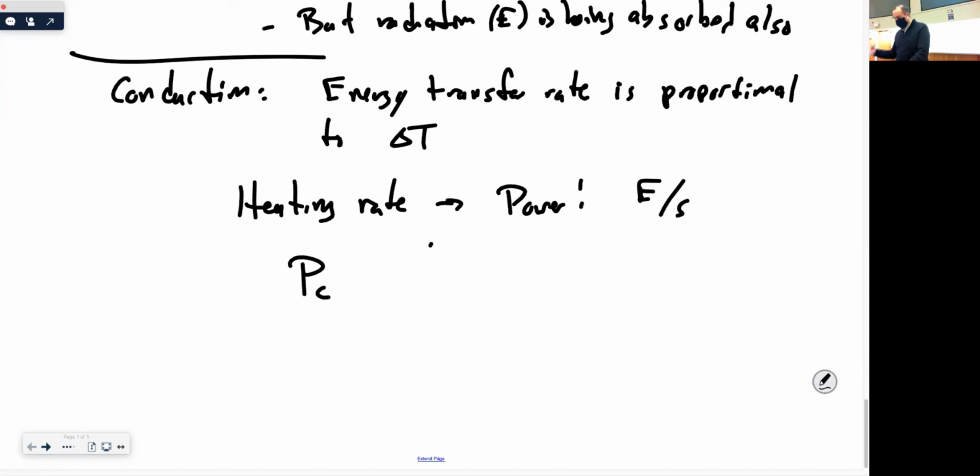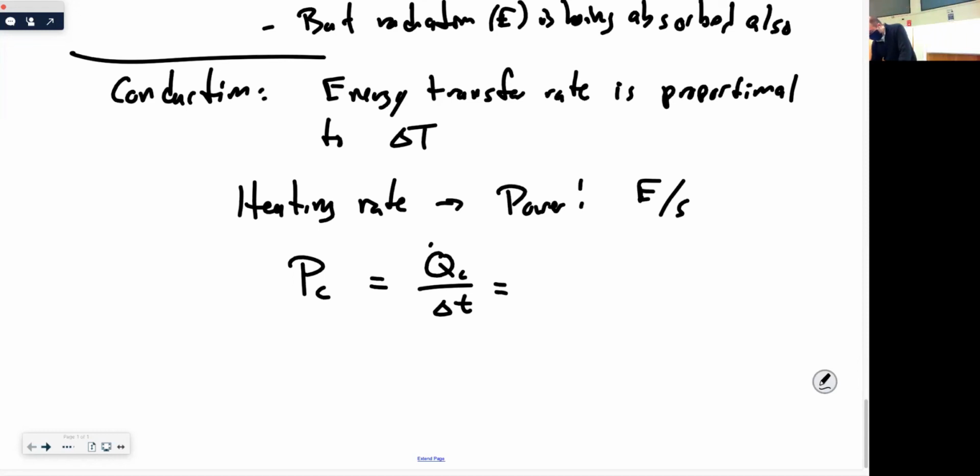It doesn't really matter. This is power equals Q, which is the thermal energy lost or gained by the system. I'm going to give it a subscript C to denote that it's the energy that you've lost or gained by conduction specifically, divided by delta T, over a given amount of time. That's sort of the definition of the conductive power. How much thermal energy you've lost or gained, divided by how much time has elapsed.